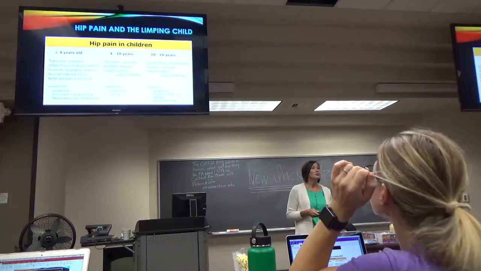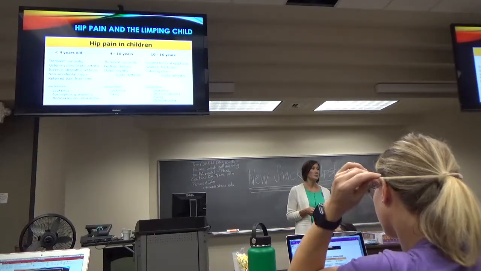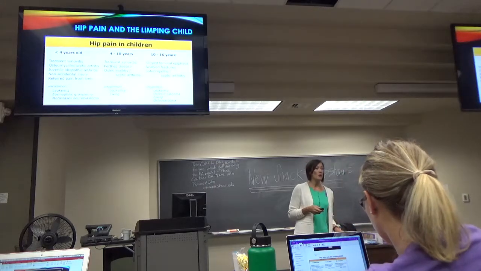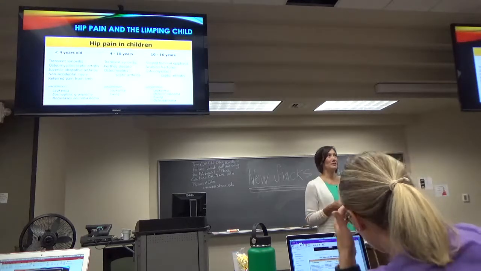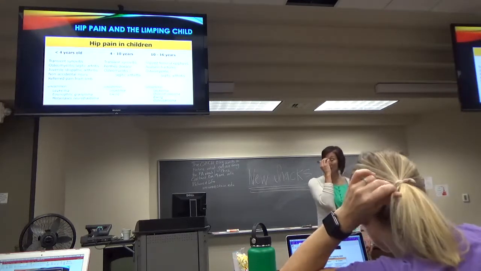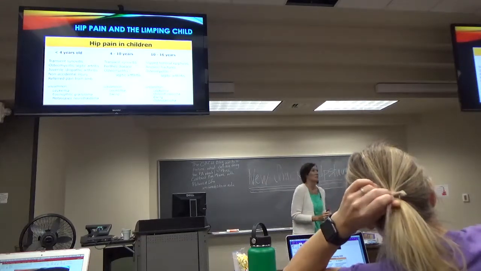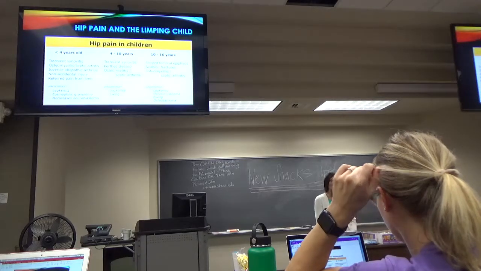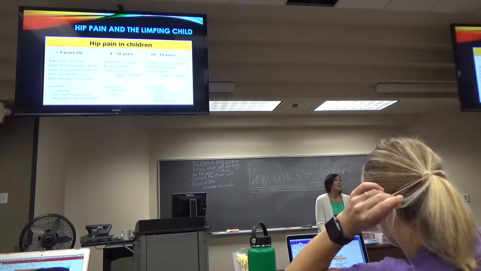To start out thinking about a limping child, you've got to think about hips in a limping child, okay? Especially if you see a child walking with Trendelenburg, right? You see him kind of dipping. And you'll get so good, you'll see him walk in the clinic and be like, that kid's got a hip problem. So once you see a limping kid, and maybe they have Trendelenburg gait,